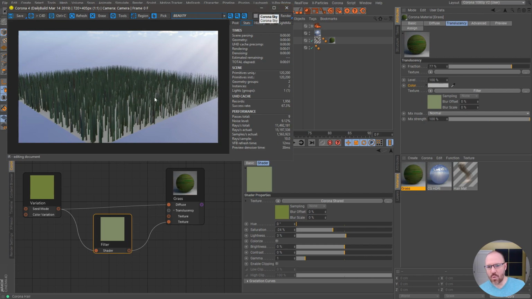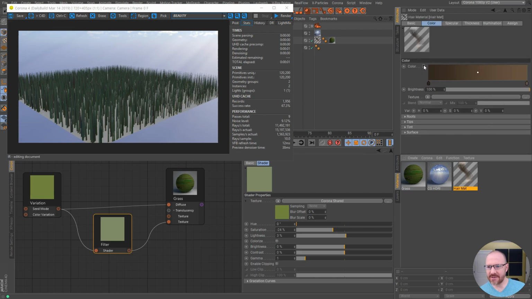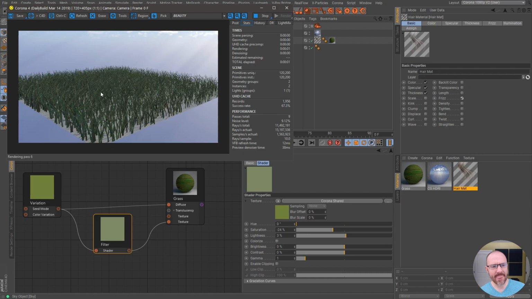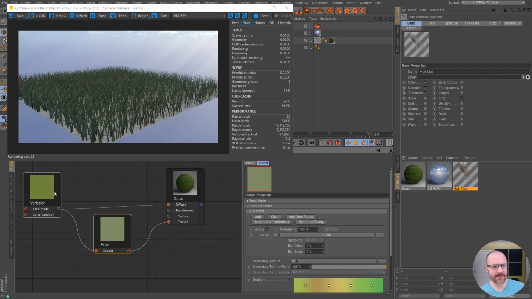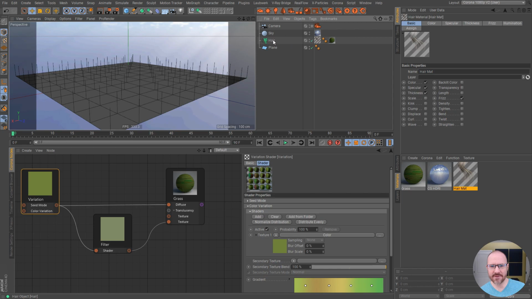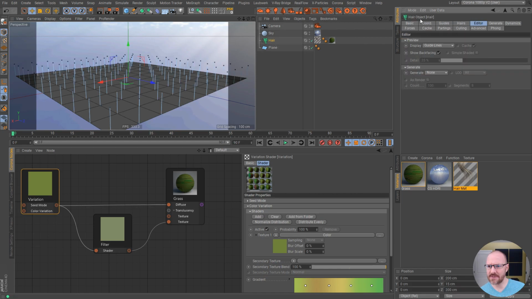So one of the things we can do now is go to the hair material here, and we can go under the settings here, and we can actually enable something like frizz. Should give us some nice random bending around of the grass, which is great, which looks good. And something else I want to do, guys, is if I go into the hair object, I want to make sure, let's see,